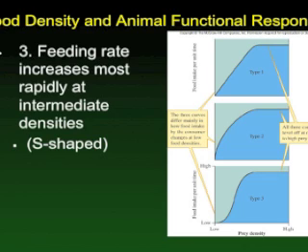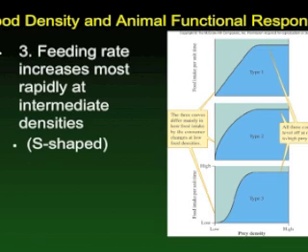The type 2 prey response, there's initial increase, and then about midway it decreases a bit as prey density increases and eventually levels off. And then the type 3 response, initially there's a slow increase in the feeding rate, and then it speeds up in the mid-ranges quite a bit and then levels off quickly at a certain prey density. As researchers investigated animals and looked at the possibilities, they saw that the type 2 response was the one that they found most often in the natural environment.